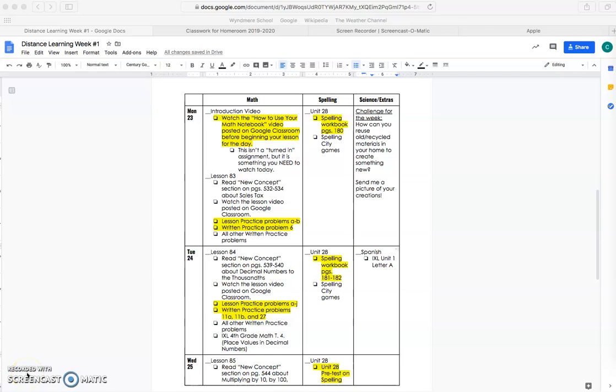Okay, so I'm going to do a little tutorial of how to use IXL, which is our new learning platform while we're doing distance learning. It'll be a way for you to practice your skills, and specifically I'm going to be having you do mostly math. I have also included a little bit of Spanish just for fun. But if you see, follow my mouse,